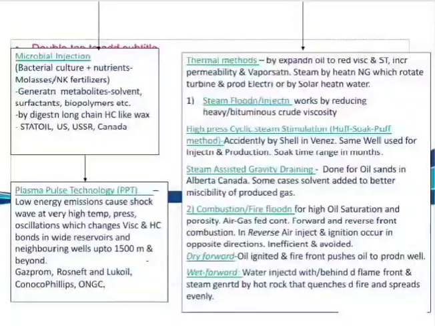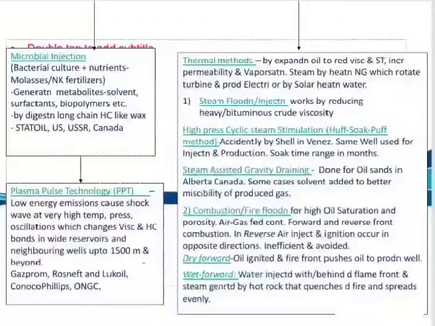Thermal methods can predominantly be classified under steam flooding and fire flooding. In steam flooding, it works by reducing the viscosity of the heavy, waxy, and bituminous crude. In steam flooding, we have high pressure cyclic steam stimulation, which is also called the huff, soak, and puff method. This was accidentally discovered by Shell in Venezuela, whereby the same well is used for injection and production. Basically, in the initial phase, you inject steam into the reservoir for a couple of weeks, then let it soak in the reservoir for almost a few months, and then produce this melted or very fluidic crude, which is basically easy